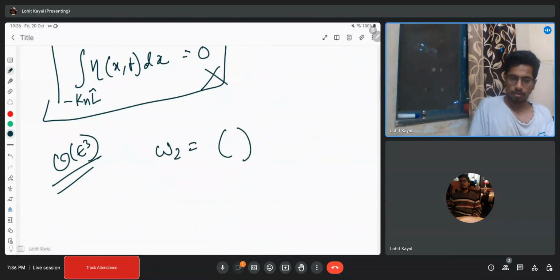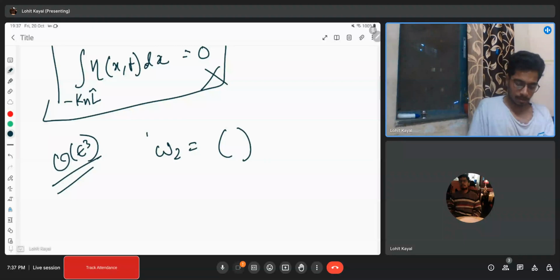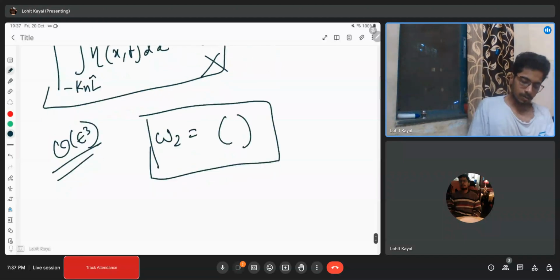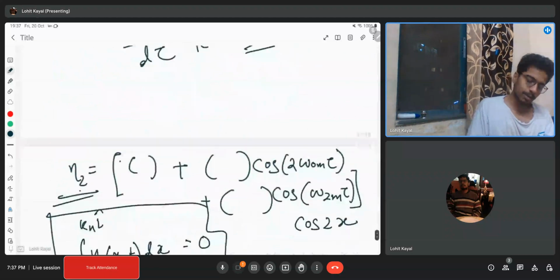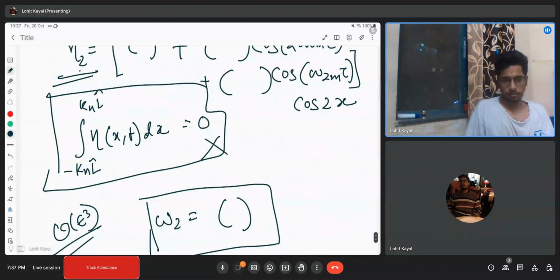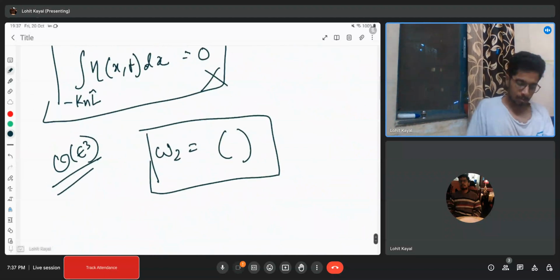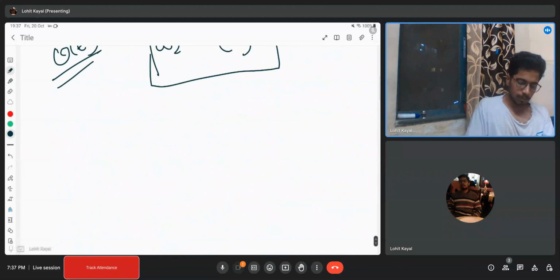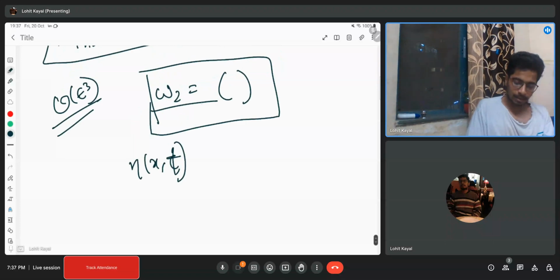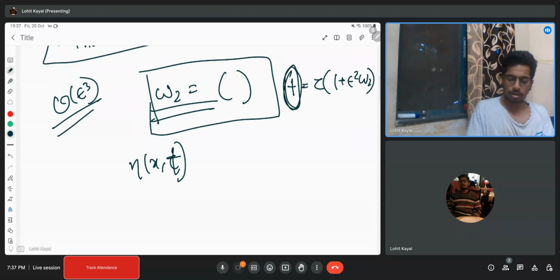2. You will get some expression for that. Now plugging in this omega 2, you can go further and solve the problem for the higher orders also. But we will stop the problem at the second order. So now, after getting omega 2, you just make this transformation, tau equal to 1 plus epsilon squared omega 2 times t, and you will find the expression in terms of t, because all the problems we have solved in terms of tau. If you multiply with 1 plus epsilon squared omega 2, then you will get back the expression in t,